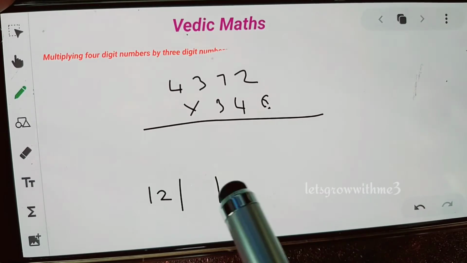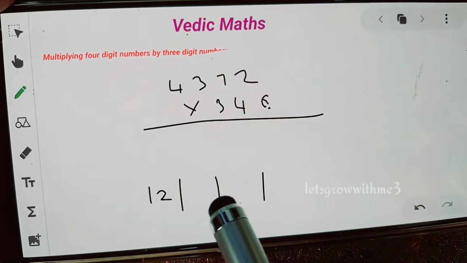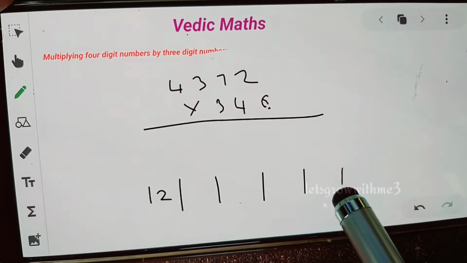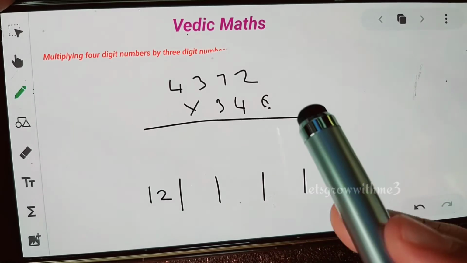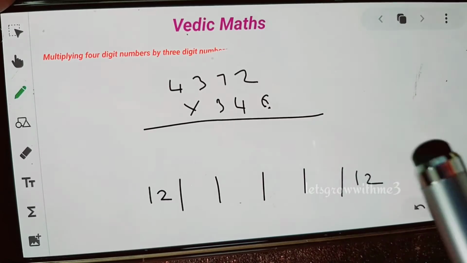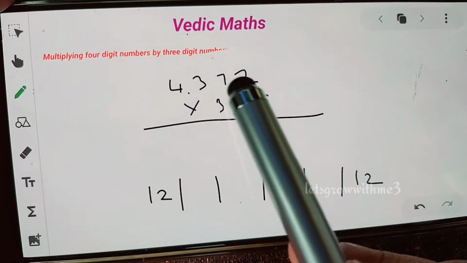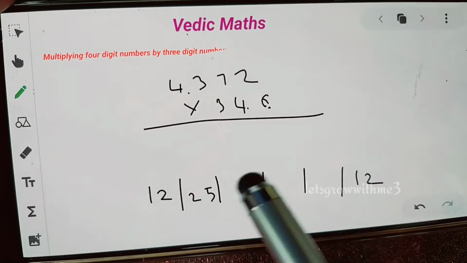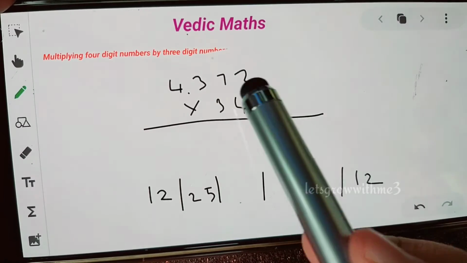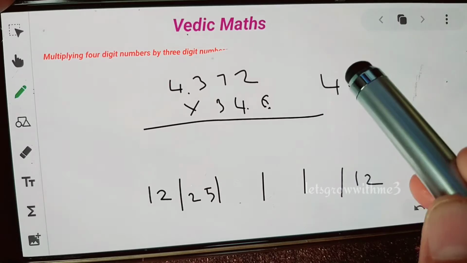multiplication. 4 3s are 12, and we need to leave the 4 values, right? 2 for the second degree cross and 2 for the normal cross. Okay, and then last we have 6 2s are 12. So after that we need to apply crisscross between 2 by 2, which means 4 3s are 12, 4 4s are 16, 3 3s are 9, which is 25.